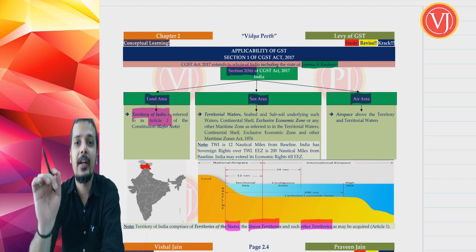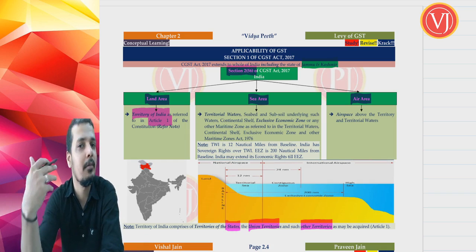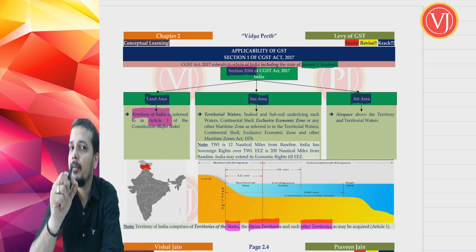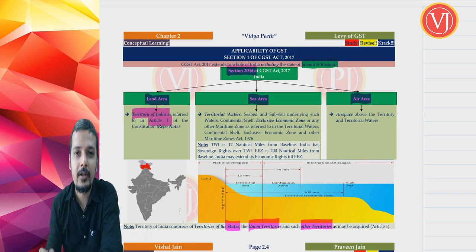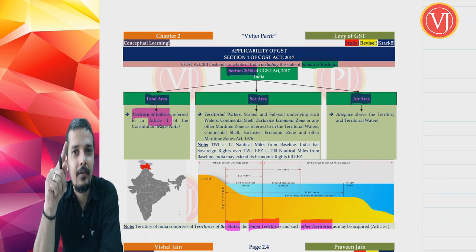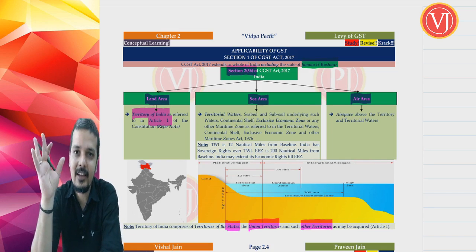The land area of India is nothing but the map of India that we think of the moment we understand India. I bet, my friends, the moment I said the word India, everyone who's going through this discussion would have thought of India in a pictorial or geographical map. Now when you talk about India, obviously you'll see the entire map of India including Jammu and Kashmir. So that is nothing but the land area.